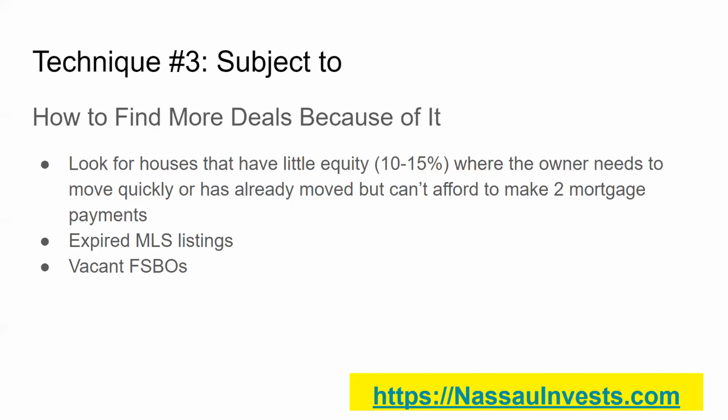Okay, so those are the three techniques. So master lease option is usually for commercial properties and big apartment buildings. All right, then you have land contract, also for commercial properties, apartment buildings, and single family homes. And then subject to is usually for single family homes. And I forgot, for master lease option, you can also use that for Airbnb arbitrage.